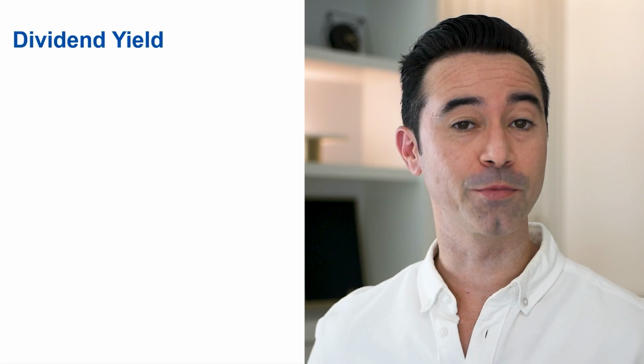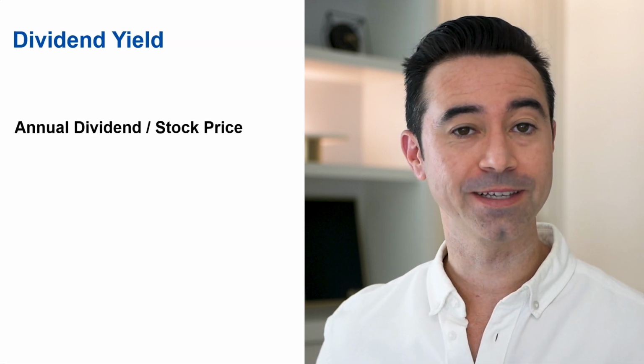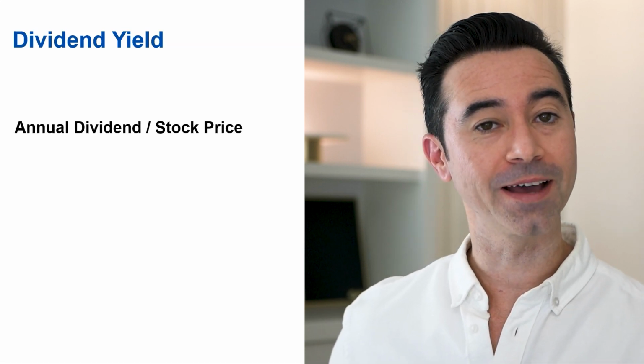Now, before I go into my equity trading portal and purchase this stock, I do want to talk about dividend yield. So if you're investing in dividends and looking to find dividend paying stocks, dividend yield is an important metric to use. Now remember, dividend yield is easy to calculate. All you need to do is take the annual dividend paid by a company and divide it by the stock